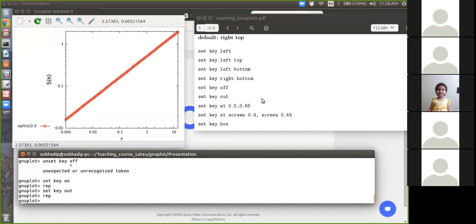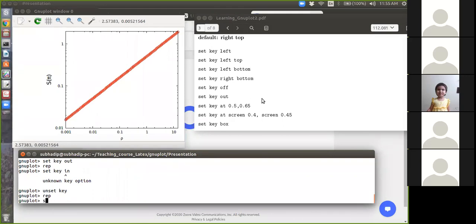You can see it has come outside of the plot, and you can place it anywhere.